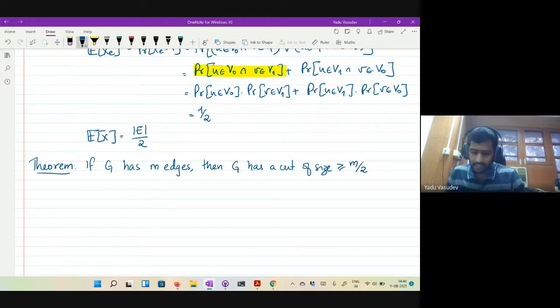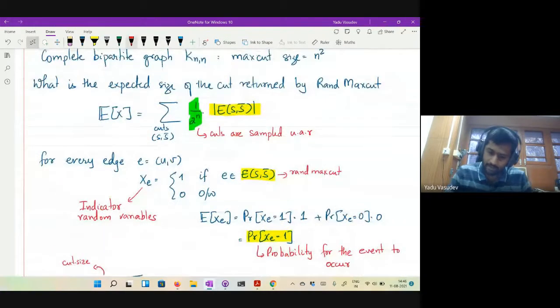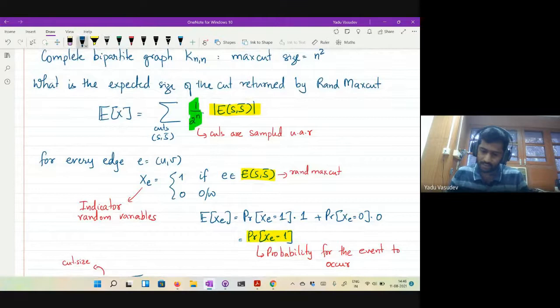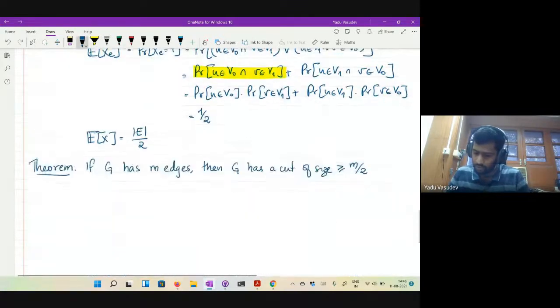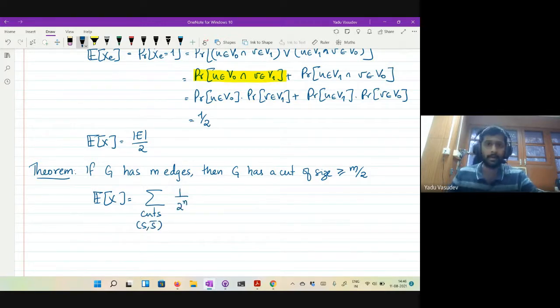And to see that, let's go back to the first principles definition of expectation. So what is the expected value? The expected value of the random variable X is the summation over all the cuts (S, S complement) of 1 over 2 power n, which is the probability with which that cut is generated, times the cardinality of the cut.